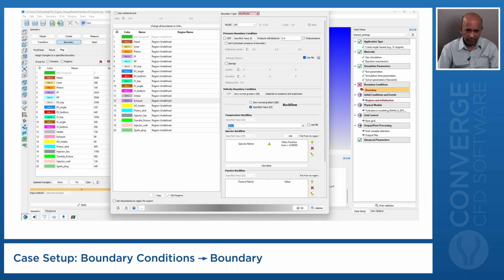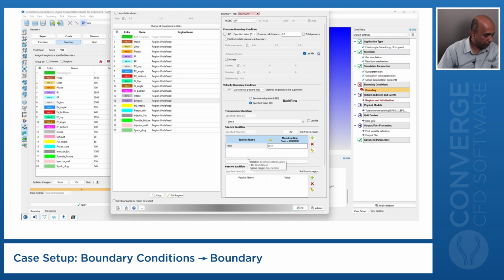So whatever's coming in from the outflow domain, it's going to be hot exhaust gas. So let's look at my data sheets. It's 800 Kelvin. Now species, if you think about it, this is the exhaust port. Whatever's going to come into the domain, into the exhaust port, has to be exhaust products. So we need to specify those species. You can click on this button to add a species, and my exhaust products for hydrogen combustion, it's H2O. I know this from my data sheet. So you would actually know it